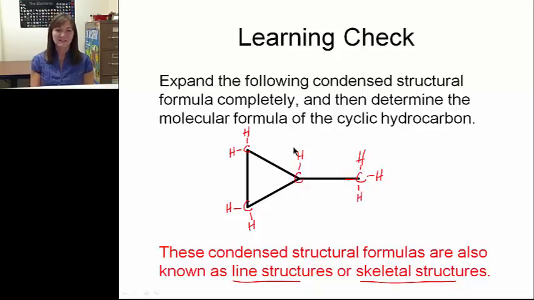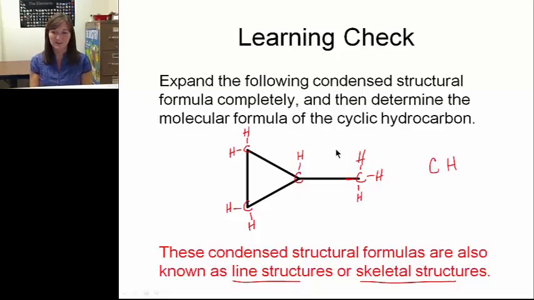Okay, but it also asks for the molecular formula. So this would be the structural formula, showing all the bonds. The molecular formula just wants to know how many carbons and how many hydrogens are in it. When you're doing a molecular formula for an organic compound, you always start with carbon, and then you go to hydrogen, and then the rule is to do all the other elements in order of electronegativity. I'm not necessarily going to grade you on that,